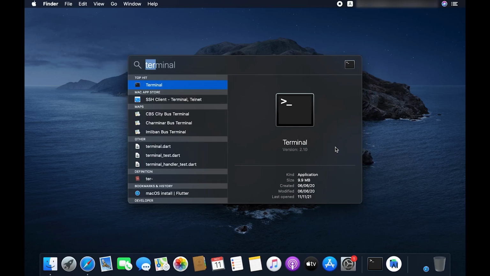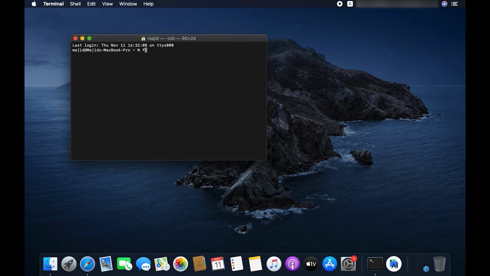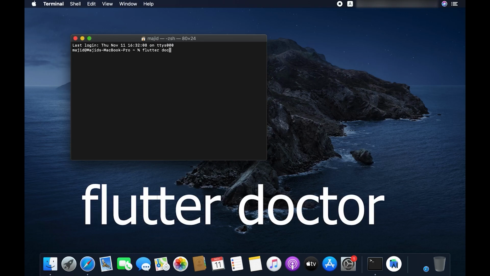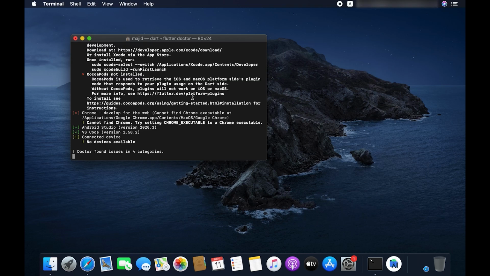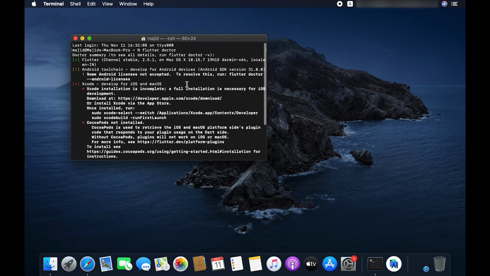Next, I'm going to open terminal in order to check. I'll type flutter doctor, and we have to install Chrome and Xcode, and we have to accept the licenses as well.